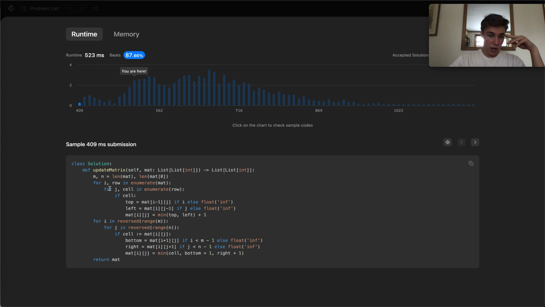And then for j in cell, so now I'm looking at the index of the row and the index of the column and the cell. If cell, and cell I'm assuming is, because this is the first iteration, it's not going to be a 0 value. So if cell equals 1, I'm going to set the matrix i minus j, which will just be the top row. Oh, they're saying if